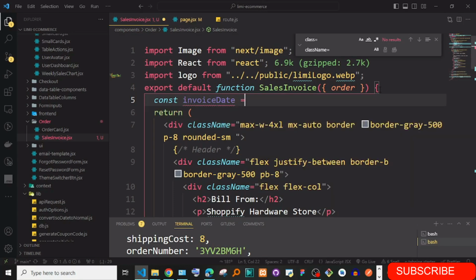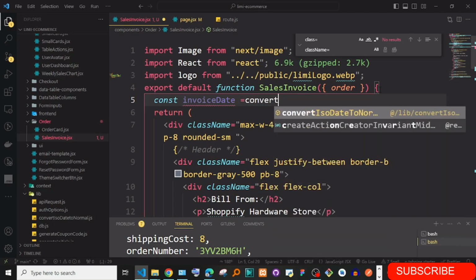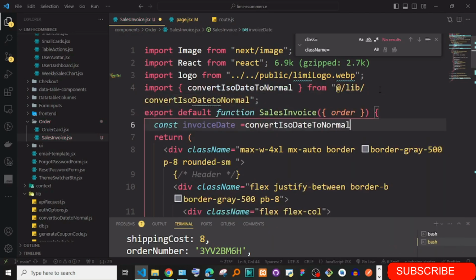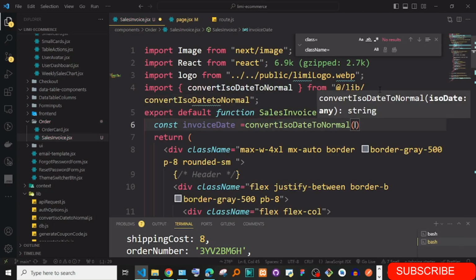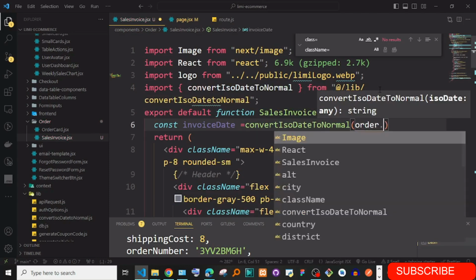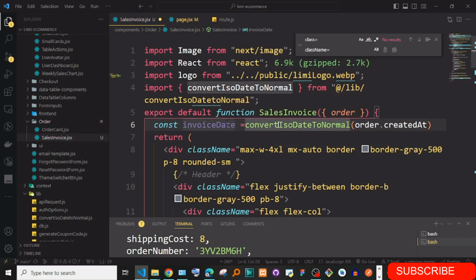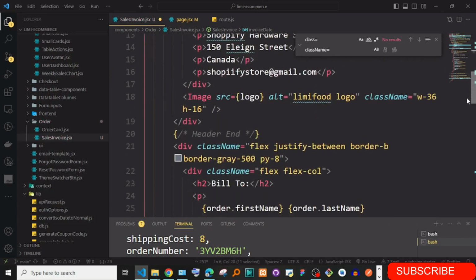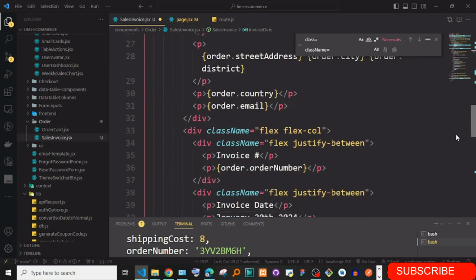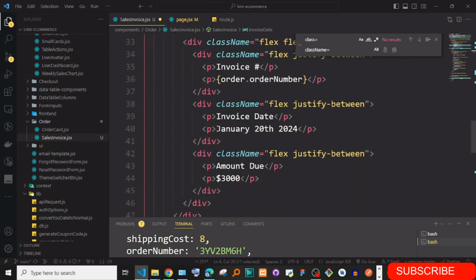I think we have a method, convert ISO date to normal, and just pass in order dot created at. Okay, so just now get this invoice date and just simply bring it to here where we have the invoice date,